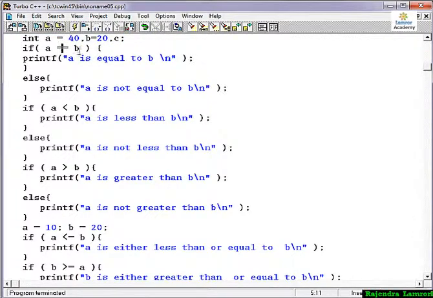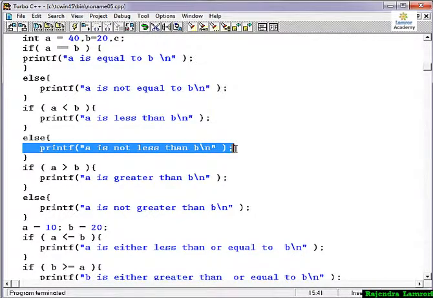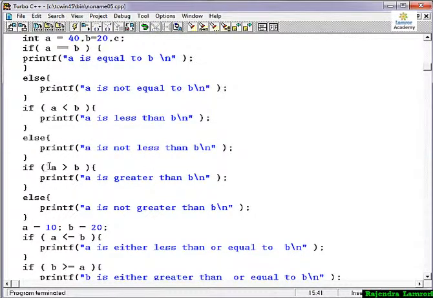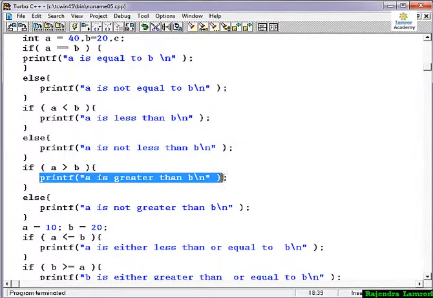So a equal to b is not true because it's false, so it gives the result a is not equal to b. Okay, it is not entering the if condition, it goes to the else condition. Second, I have taken a is less than b, but a is 40, which is greater than b, so its condition is false. So the if condition gives a false result, hence it goes to else and prints a is not less than b. Okay, second, a is greater than b, 40 is greater than 20, its condition is true, so we went inside the if and showed the a is greater than b result.